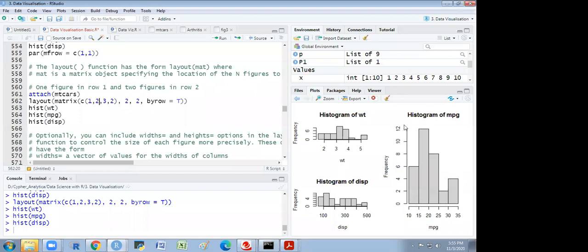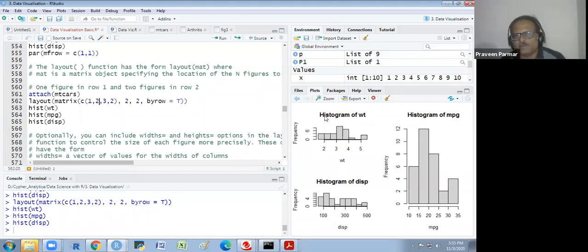This person has purchased only this one, and the third person has purchased only this one. So they have created their homes here, and the second purchased both portions. Okay, got it?